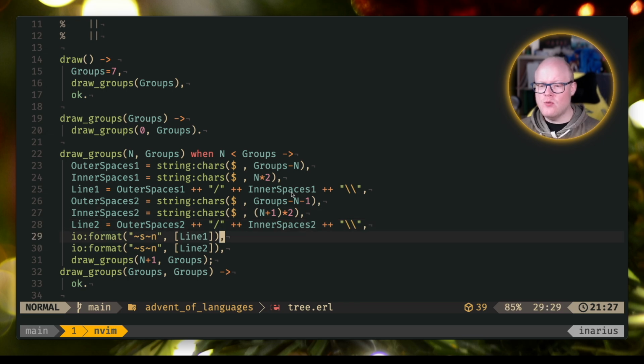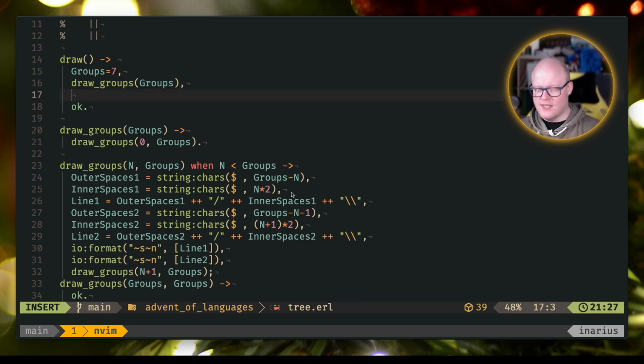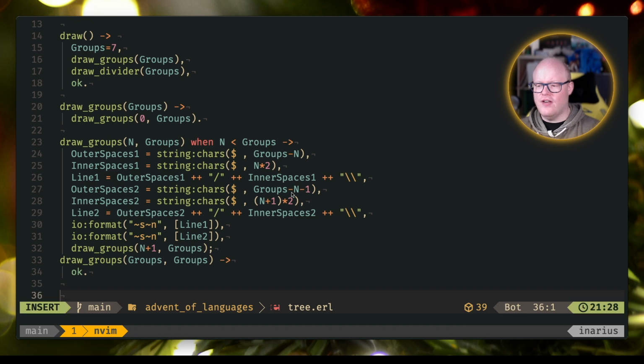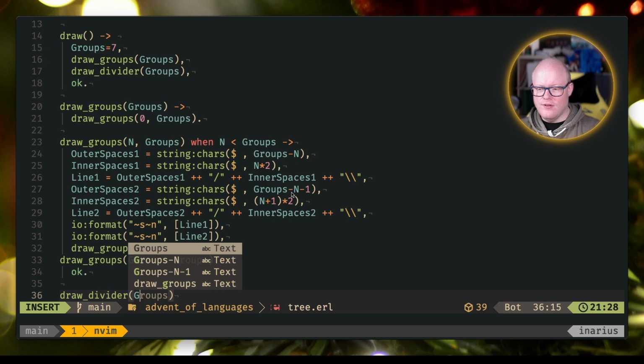Okay, now that we have actually drawn the groups, we can go ahead and add something else to our draw function. We can now do something like draw divider. And it needs the number of groups, of course, as well. So let's define a draw divider function here. Draw divider. And it takes the groups,